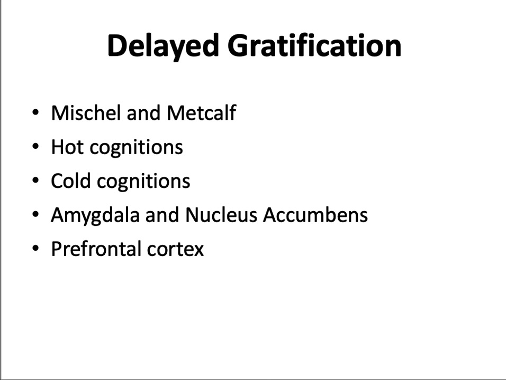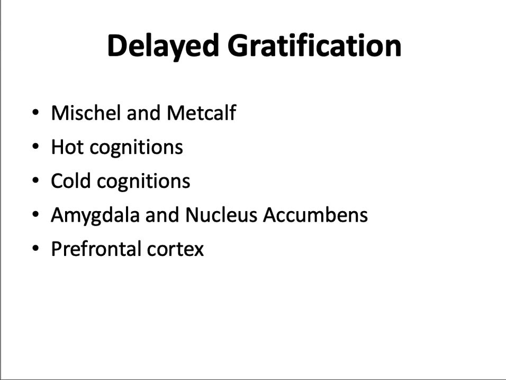According to Mischel and Metcalfe, the most successful strategy to delay gratification involves turning hot cognitions into cold cognitions, mentally transforming the desired object into something undesired. Hot cognitions focus on the rewarding, pleasurable aspects of objects. Cold cognitions focus on conceptual or symbolic meanings.